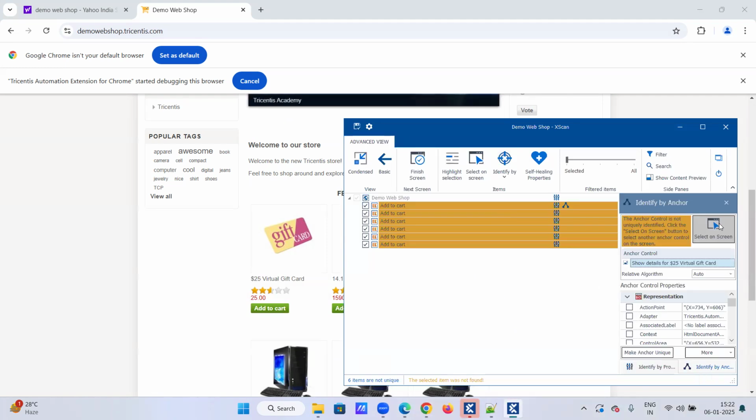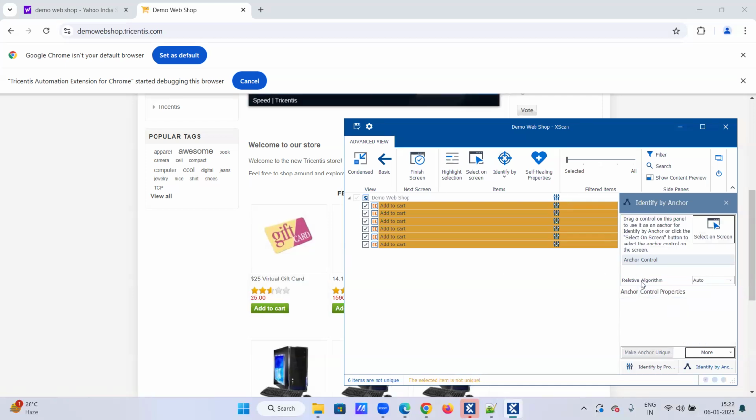Now see what is happening. Even after using this image as a reference or support, it is still not becoming unique. So how can I remove this anchor? Go to this anchor control, right click, remove anchor. Okay. So next,